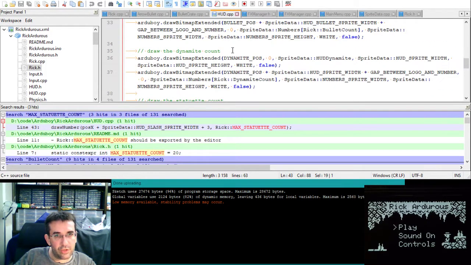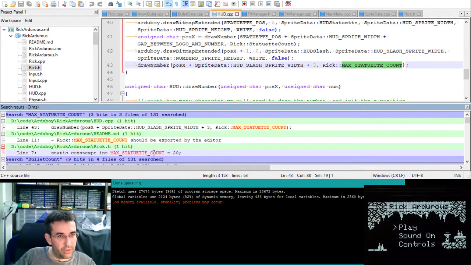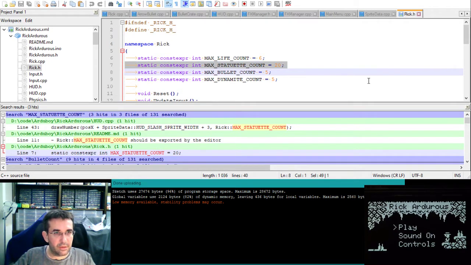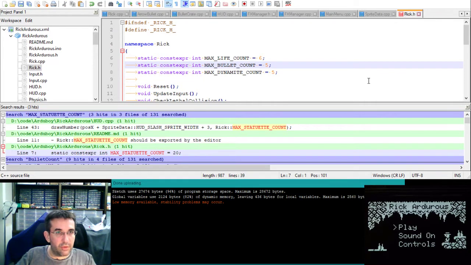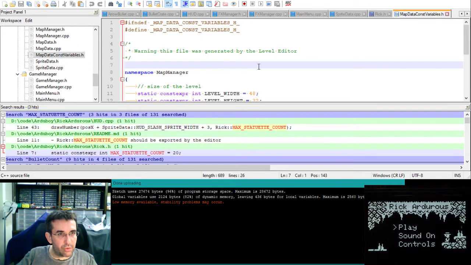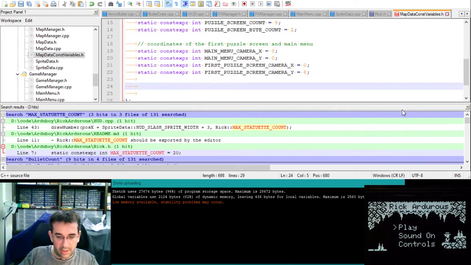So that's HUD, and it's only drawn in the HUD actually. Oh, maybe I should draw it also in the end screen. So I remove it from here and I will place it, even if I will override the file, into the map data const variable, size of the level, coordinate first screen,